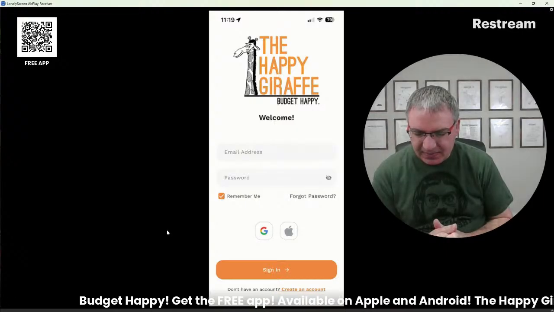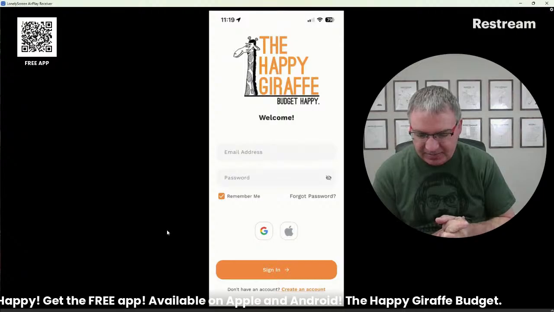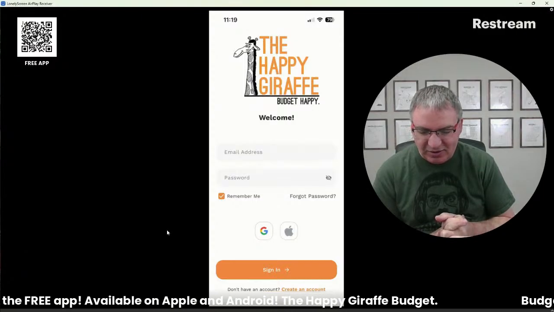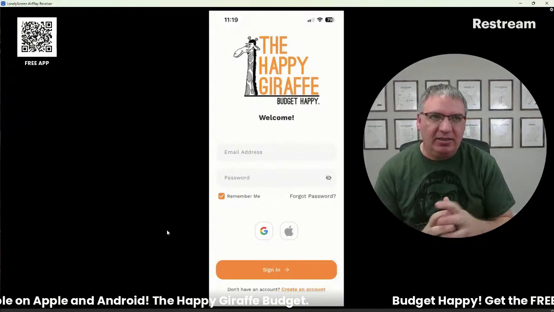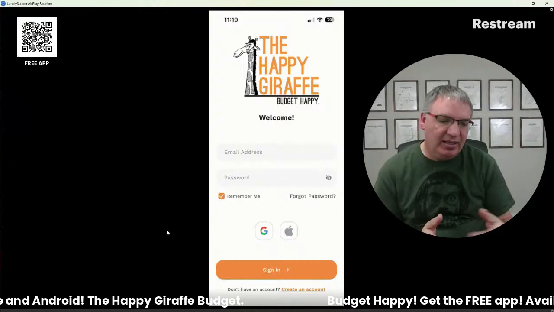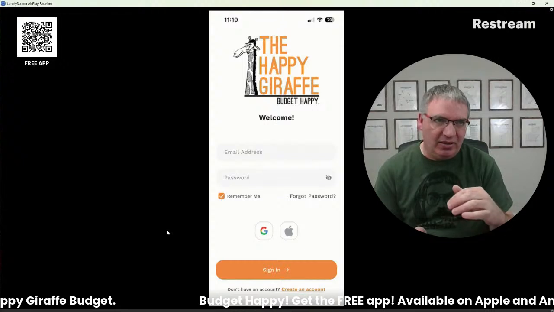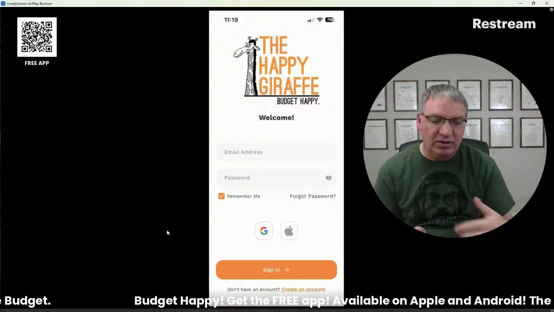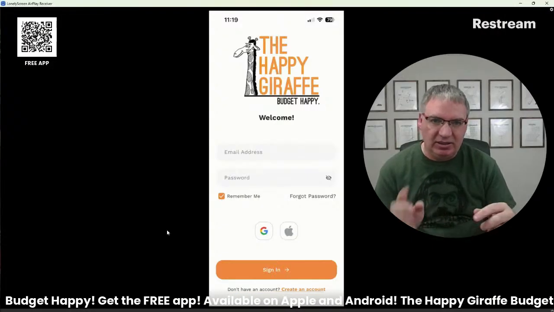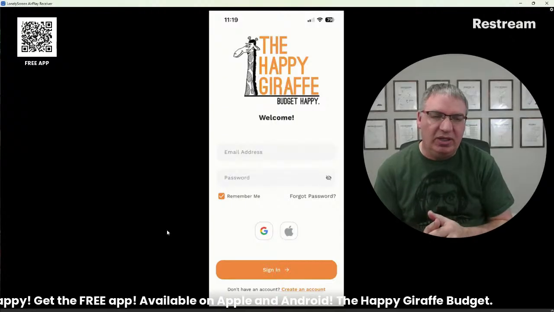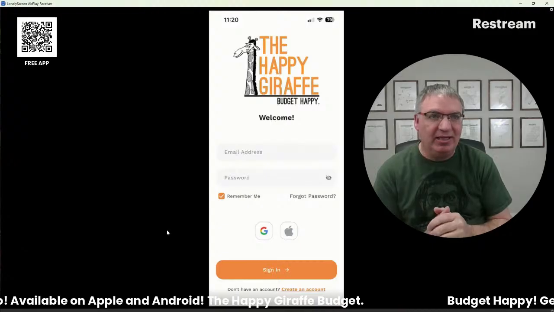Let's see. Can I save for multiple goals at once? Yep. You just make a separate box for those. How do you track your spending without it taking over your life? So hopefully the app is pretty quick. If you're at Walmart, you just spent the money, you can put it in right away. You just hit the plus button, you type in the amount. Once you have the different payees in there, you just start typing it, and it'll drop down and show you the options. So it should be 10 seconds or less to enter something in the app.